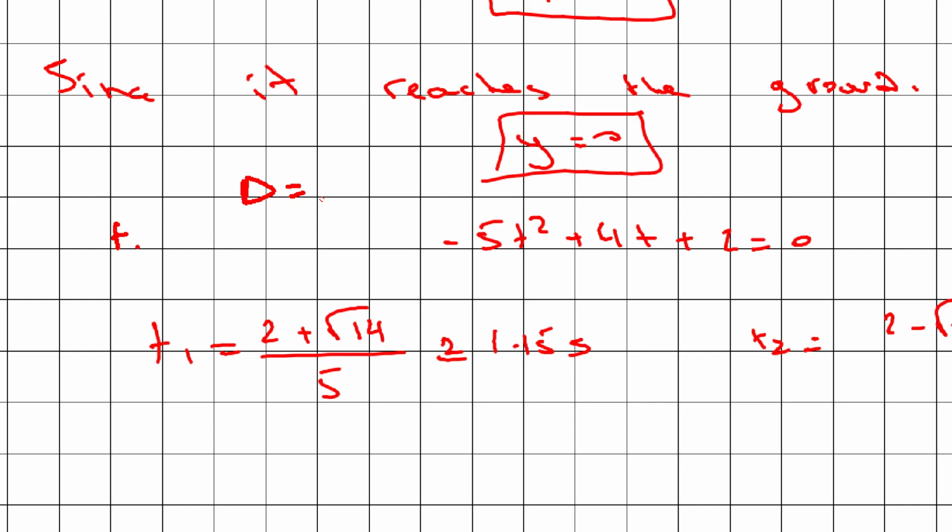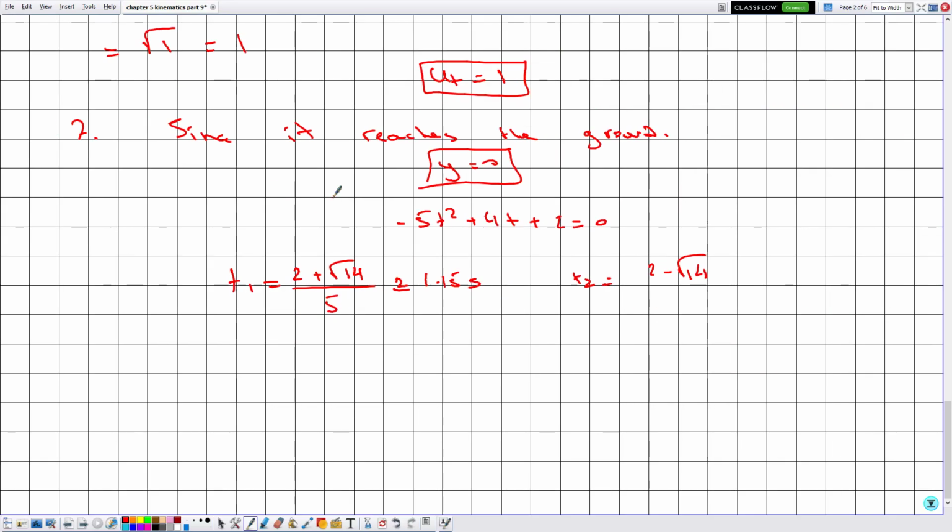Then the roots are given by t1 equals minus b plus radical delta over 2a. Then t2 will be replacing plus by minus. So this is approximately minus 0.35 seconds,